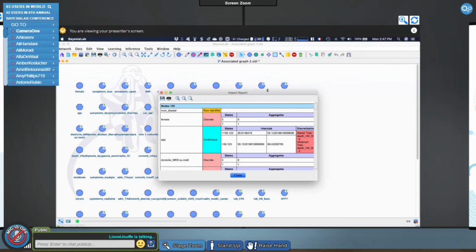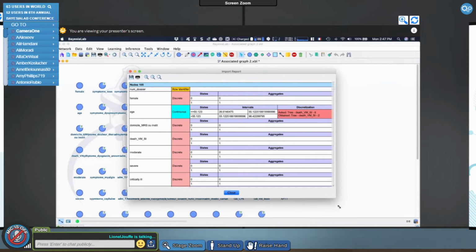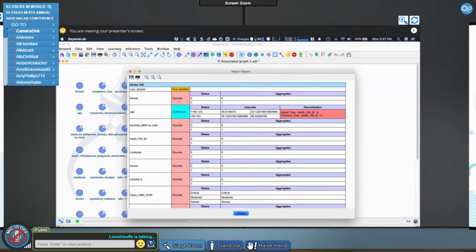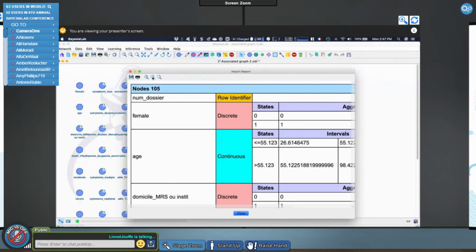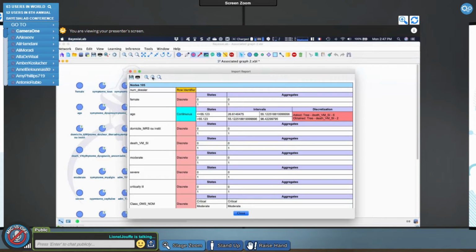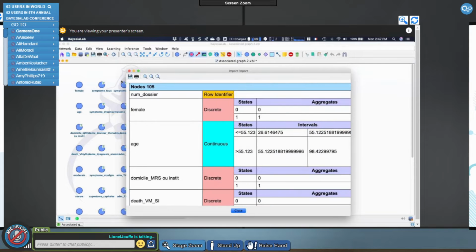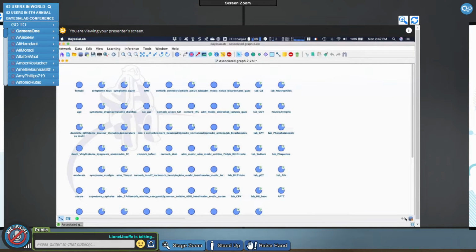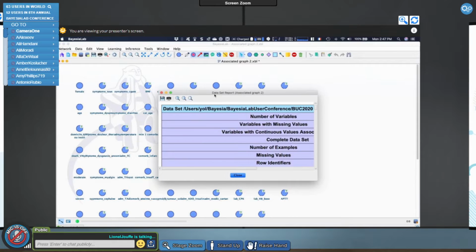So in the report, something new. As I said before, given that we're getting older, now we have a way to zoom in and zoom out the HTML report, right? This is something that is memorized. So if I zoom like that and close here, now if I open it, it keeps the same zoom, right?